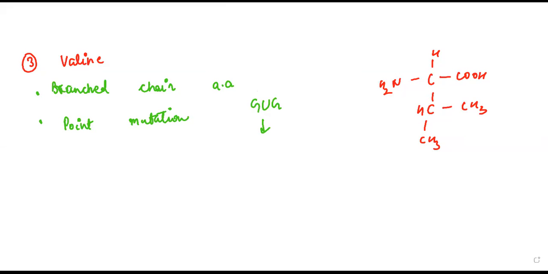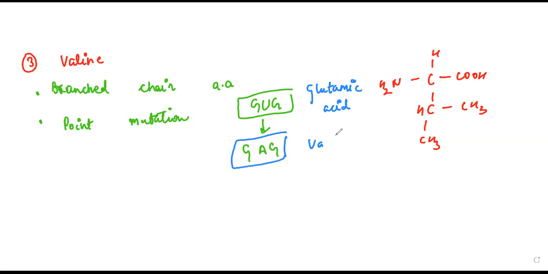There is a disease, sickle cell anemia, which is caused by a point mutation in GUG. This is a genetic codon. It is converted into GAG. GUG codes for glutamic acid, and it is converted into GAG that codes for valine. And which disease is this? Sickle cell anemia. Just with the change of a single amino acid from glutamic acid to valine, the structure of hemoglobin